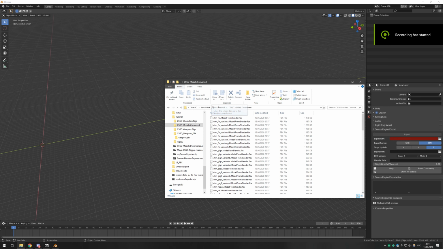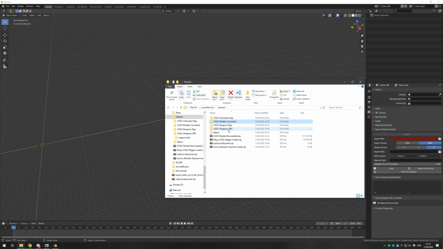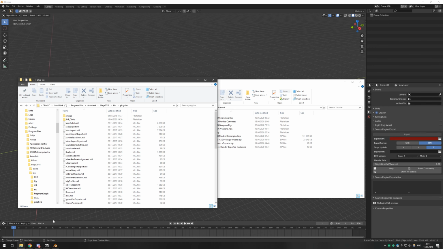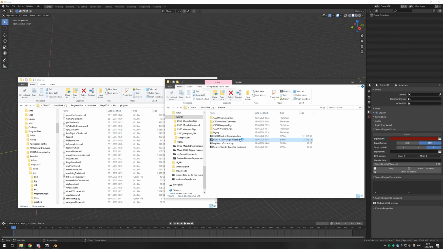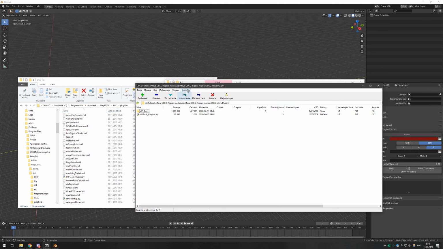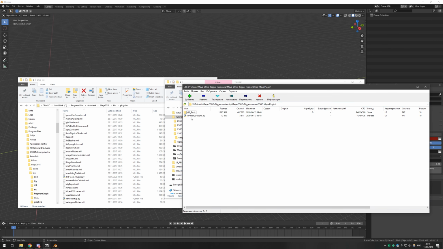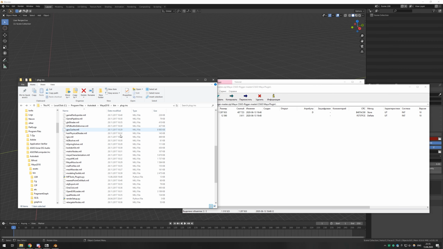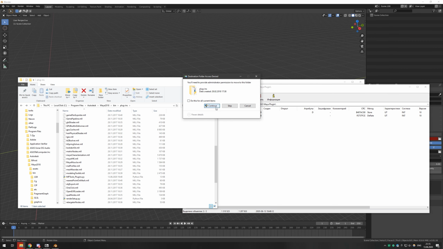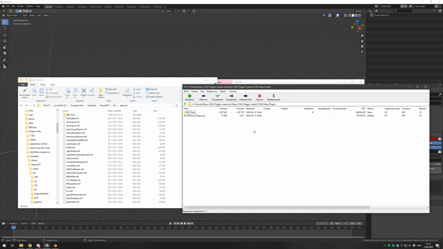Okay, now I've finished converting the files from Blender, and now I'm ready to install the tool. We will need to head over to the plugins of Maya. It belongs in C, Program Files, Autodesk, Maya 2018, bin, plugins. I already have it pasted, but it doesn't matter much. Just go to the CSGO Maya plugin, select those two and drag and drop them here. I will replace since I already have them. There we go.